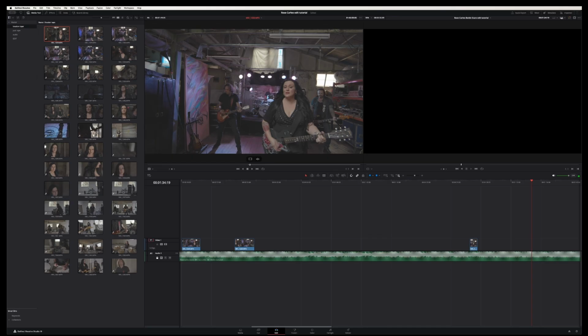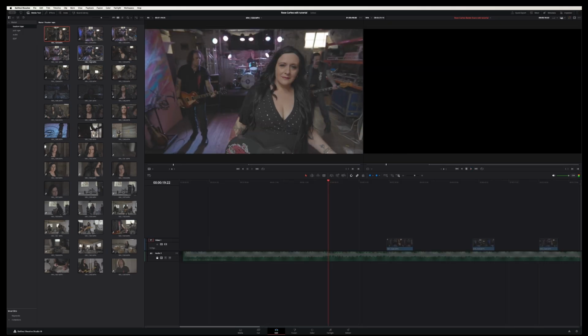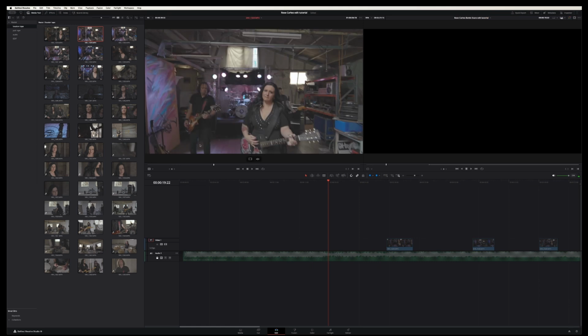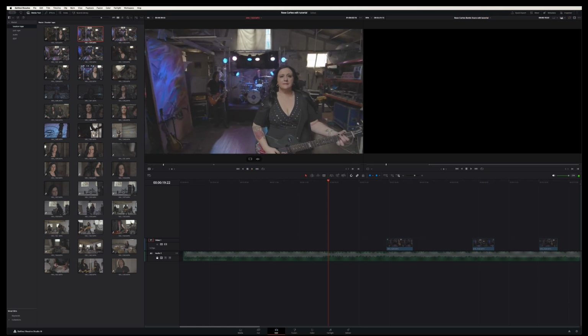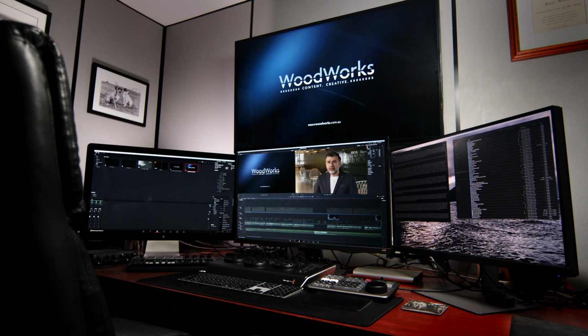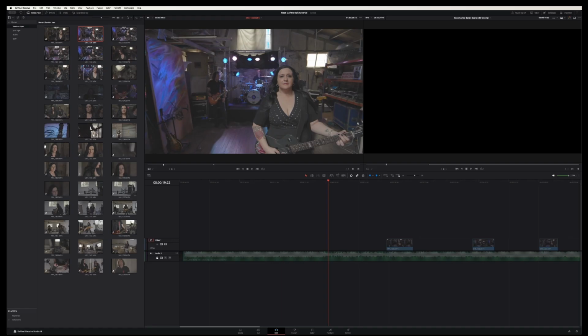Right, only going to do the first verse and the first chorus for this exercise. Okay, so let's have a look at this next take. Here we go. I'm using just this single viewer mode on this. Normally I've got like 4 screens, but certainly I use 2 screens for editing, and then I've got an overhead monitor for full frame. But just for the purpose of the exercise, just so you can see